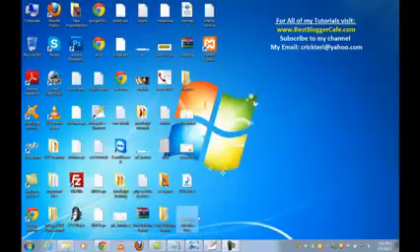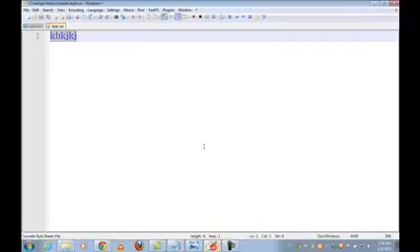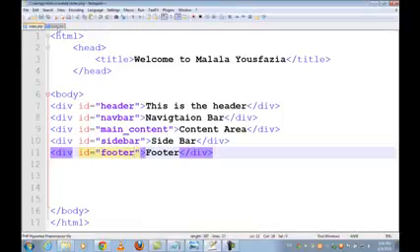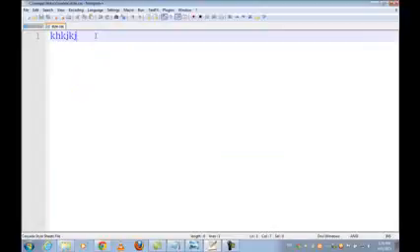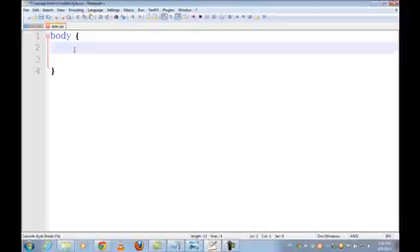And friends, in the previous video, we just created this index.php file for the Malala project, and now we need to do the CSS work for this. First of all, I need to create a CSS file. Okay, so inside a CSS file you don't need to insert any HTML code or anything else, you just need to